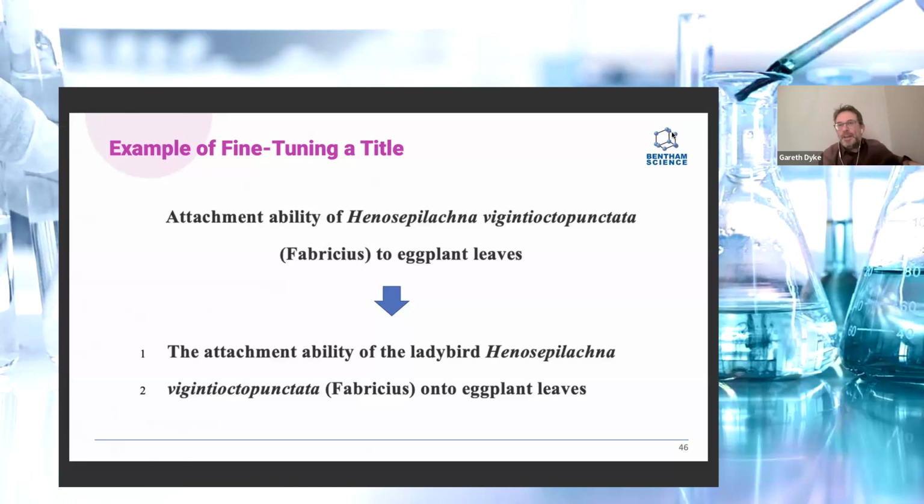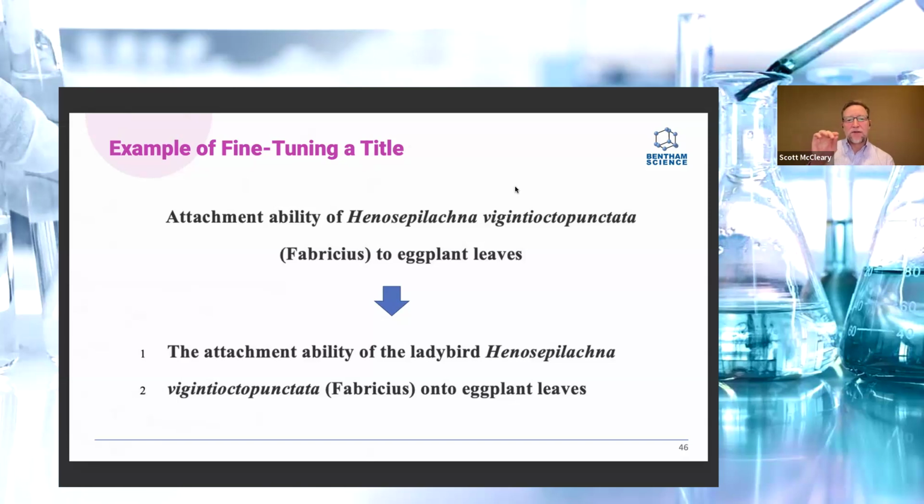Yeah, so this is a paper that we edited a number of years ago, and you can see the edited version down at the bottom and the original version up at the top. And we just felt that by adding the preposition and making it clear that these ladybirds were attaching themselves onto the leaves of eggplants rather than to the leaves. It's a subtle change, but this is the way that we edited this paper. It got published in the end. And often it has to do with your own feelings about what would be clearer to your specific audience. But we're fine tuning, editing, we're arguing with other authors.